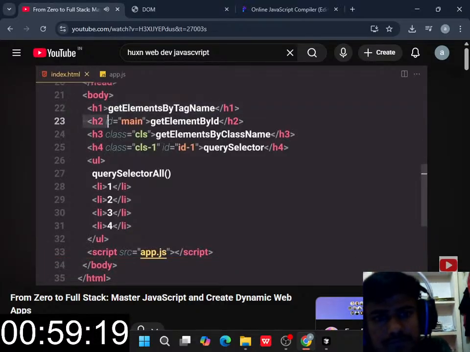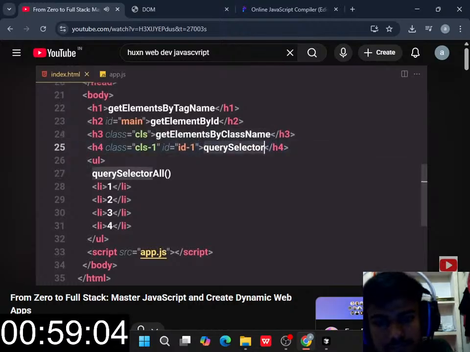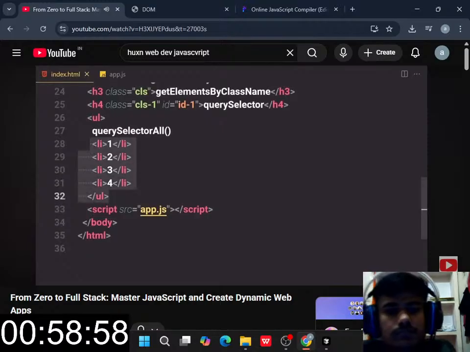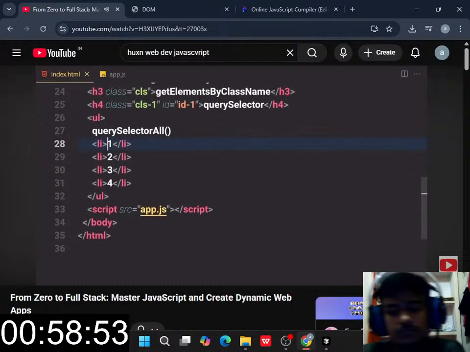Then we have our h2 with the id of main, and a label of get element by id. Then we have h3 with the class of cls, get element by class name. Then we have an h4 with the class of cls1 and also the id of 1, and a query selector. Then we have our ul with a label of query selector all and a few lis, four of them, 1 2 3 4. And finally we add our